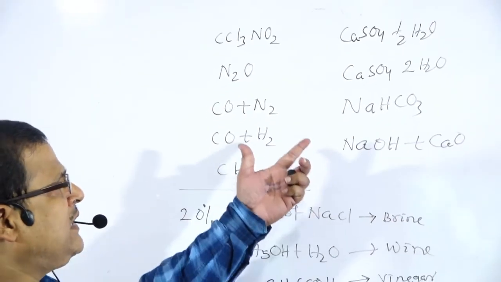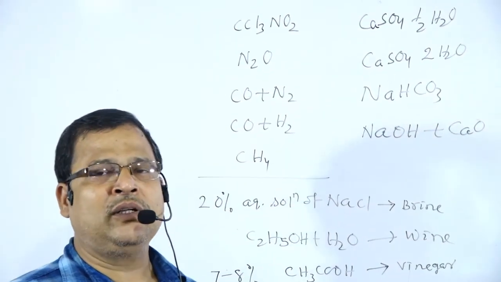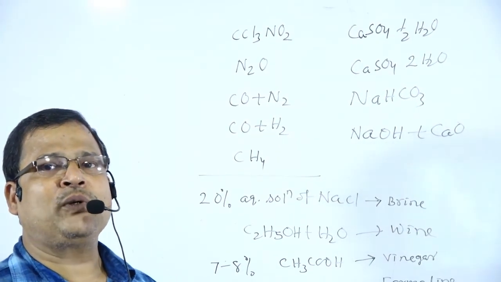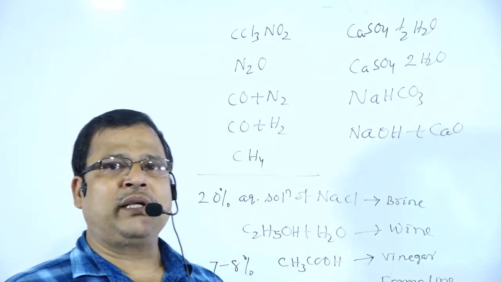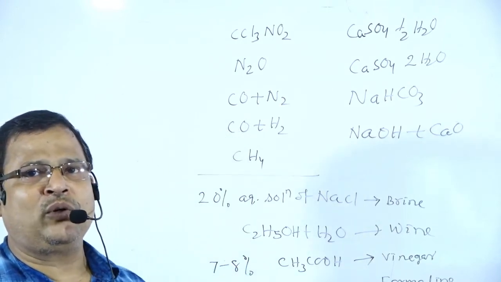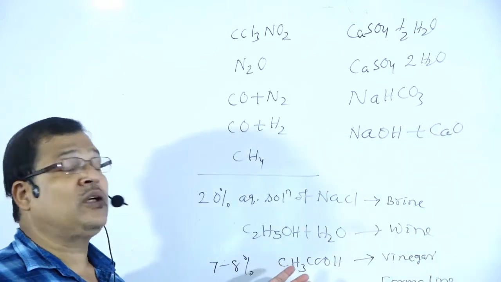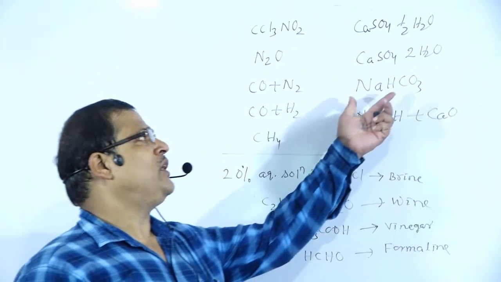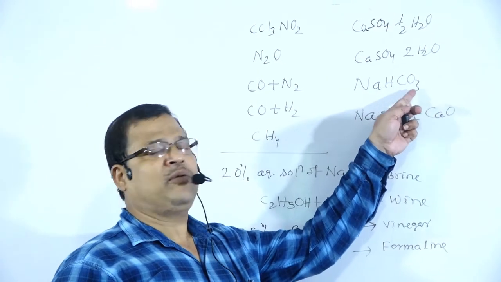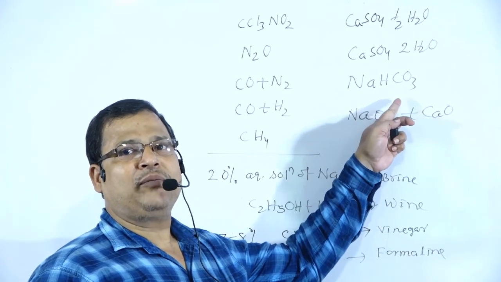So these are the different types of examples. For example, copper sulfate 5 water, blue vitriol; FeSO4 7 water, green vitriol; or potash alum, K2SO4.Al2(SO4)3.24 water. So all of them are different types of examples of other names besides these chemical names. For example, this is sodium bicarbonate, but it is named as baking soda or baking powder.